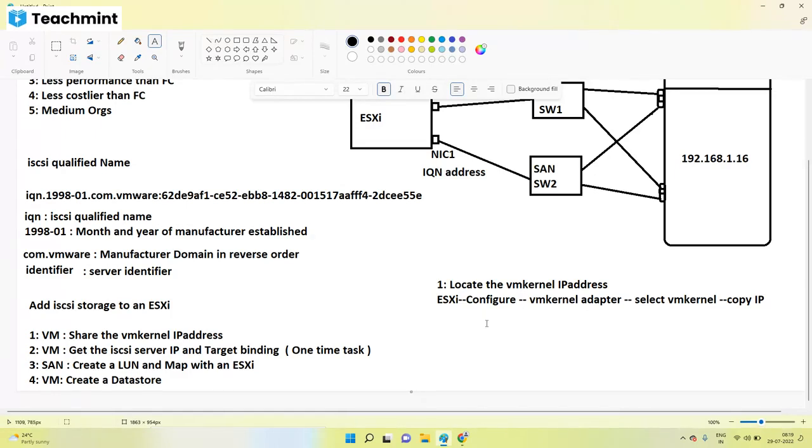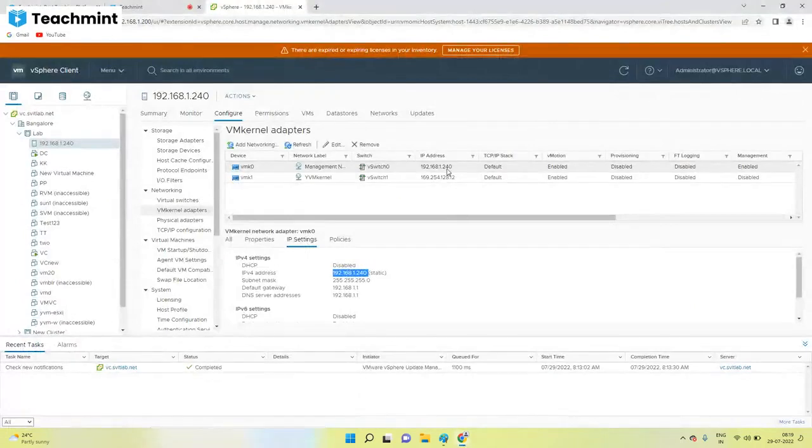Sir, as you said, you had to select the first option which we get under VM kernel adapters, right? Yes. Only the first option. Correct. The first address, you take it. I'll tell you the reason every time, until we discuss the networking basics, the networking topic. Select the first one, in our case,